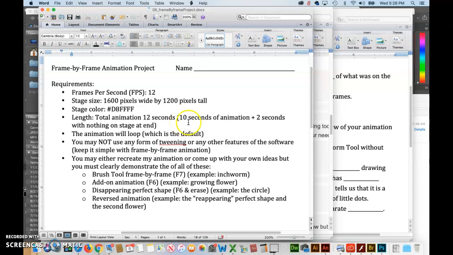on the animation. So notice things like here, it says 10 seconds of animation plus 2 seconds with nothing at the stage at the end. So you actually need to accomplish that. And the reason is not for me to be a nitpicky instructor. It's because I want to make sure that we both know that you know how to control the timing